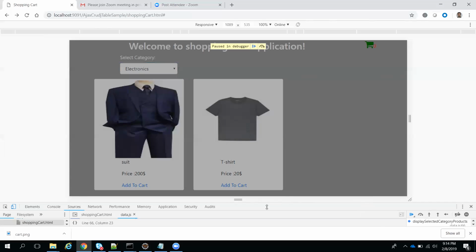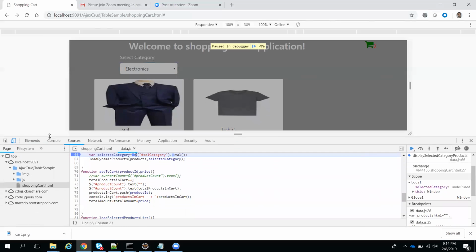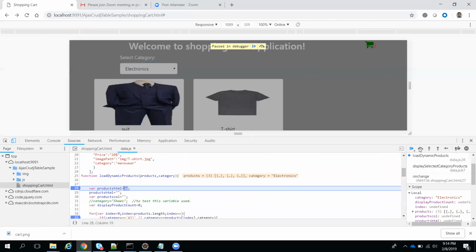Okay, to see that, next. So now the selected category is electronics, so we are passing that category to this function, so it will go inside this function. So category is electronics, products is 3.